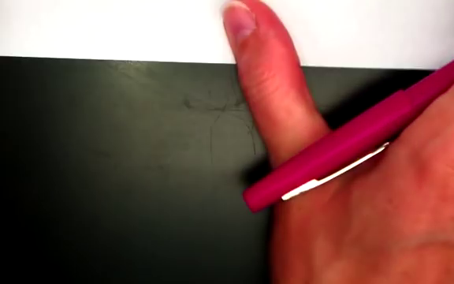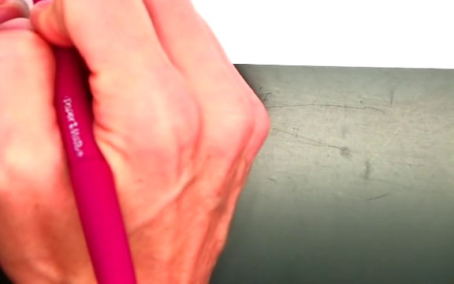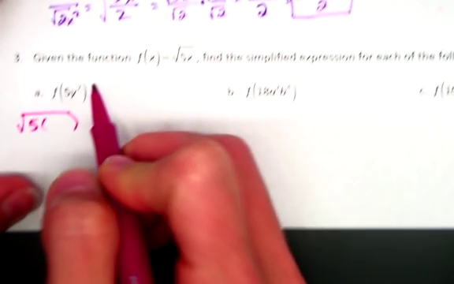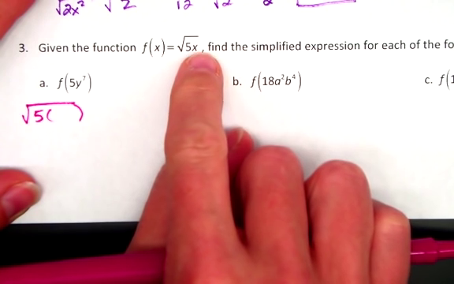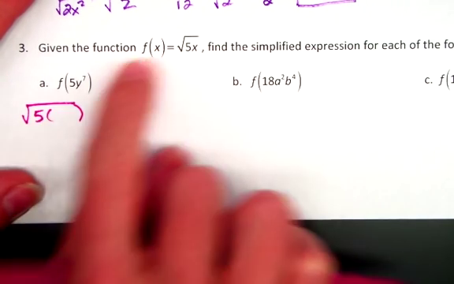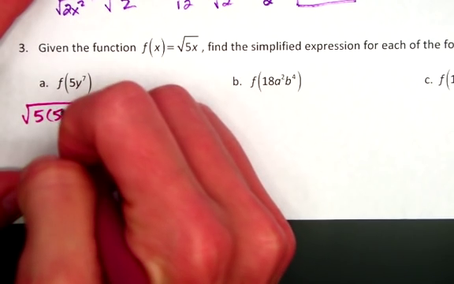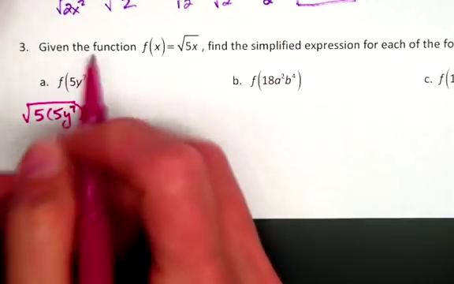So when I come over here, I'm trying to evaluate this. For all of these, it's the square root of 5 times whatever, if I'm trying to evaluate f of x, whatever is this x goes in the parentheses. Well, here I'm replacing x with 5y to the 7th. So this is